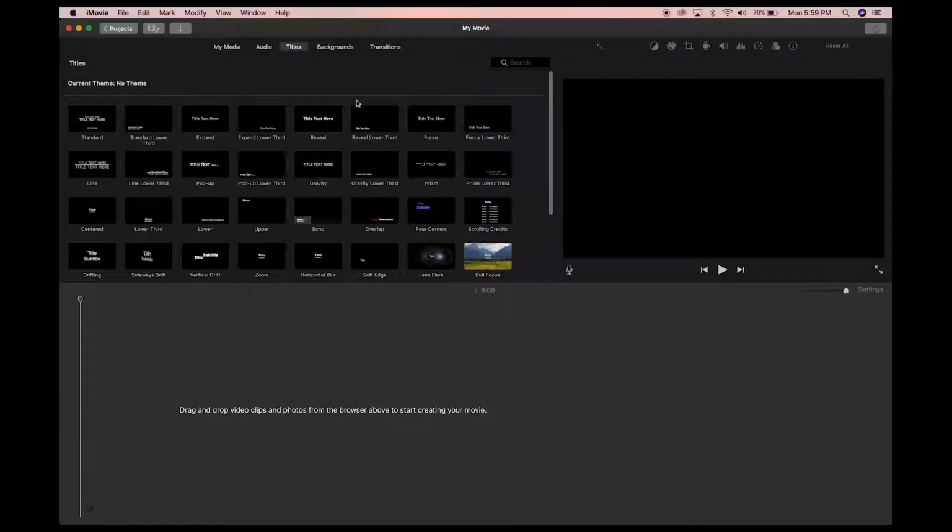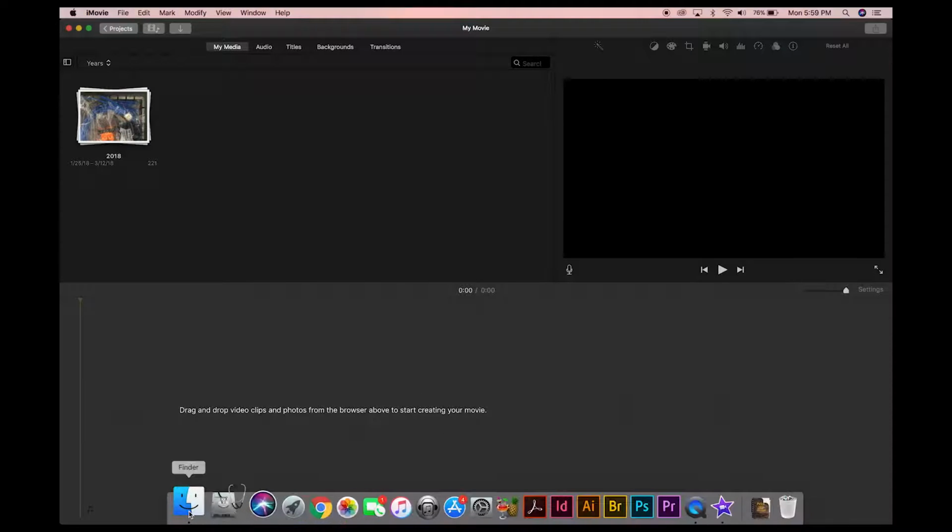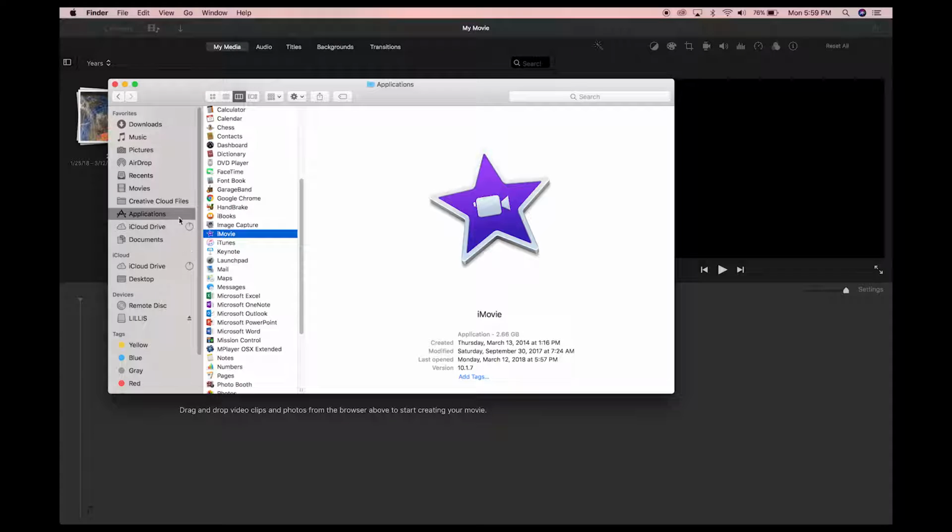I've got nothing in my media here. It's just going to my photos collection, so there's nothing in here right now. It says I can drag and drop video clips and photos from the browser above to start creating your movie. I prefer to just use the Finder, so I'll click on Finder